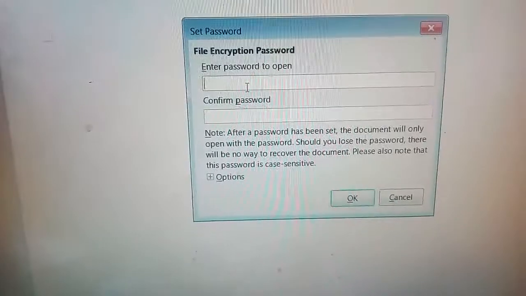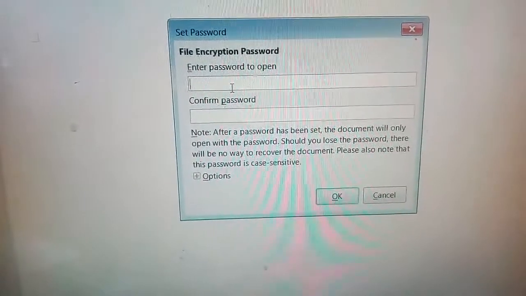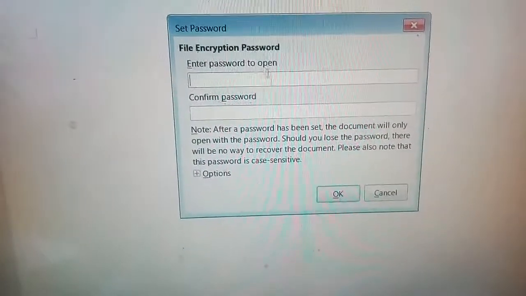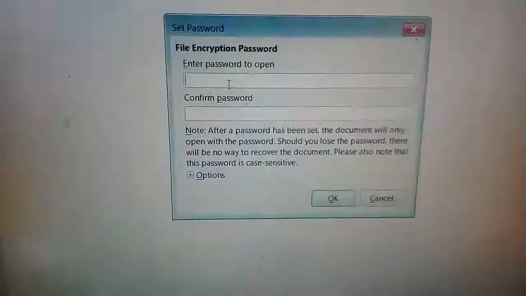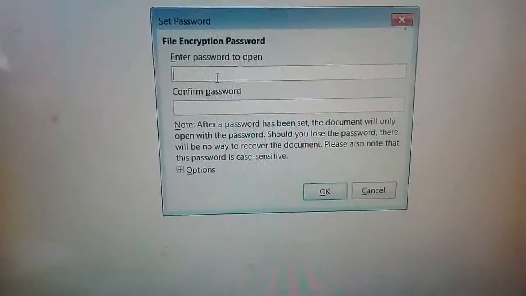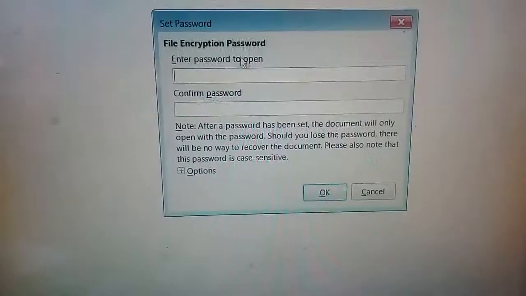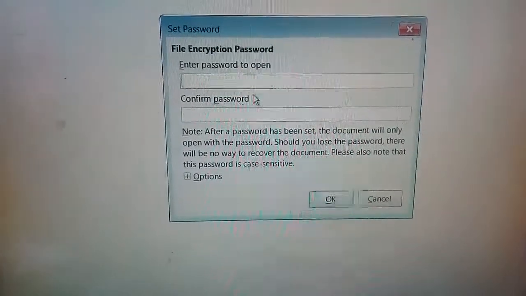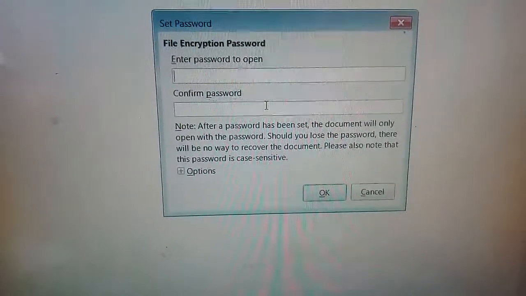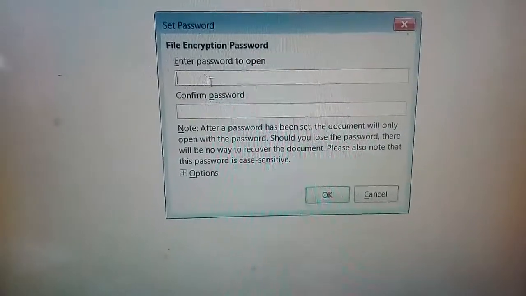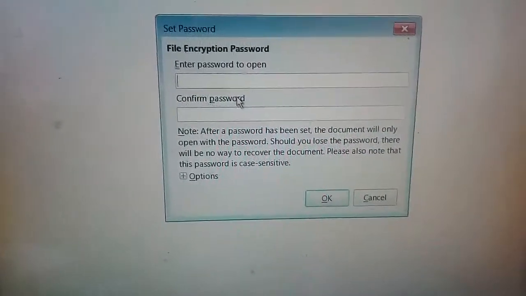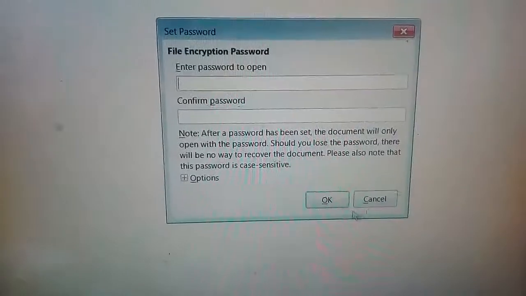If you want to secure your file, you can do it like this. When you open that specific file, you have to give the password. So no one can open your file, only the user who knows your password can open that particular file. Okay, so this is the way you save the file with a password.